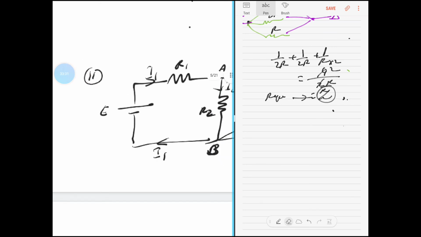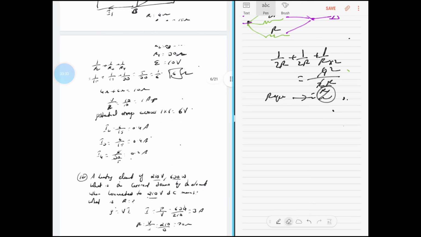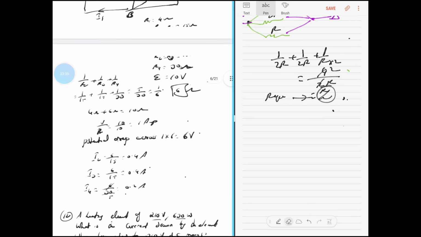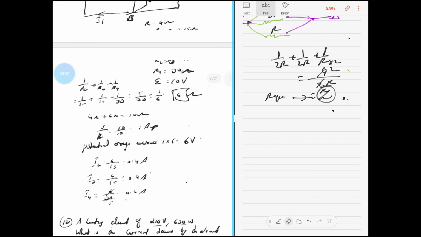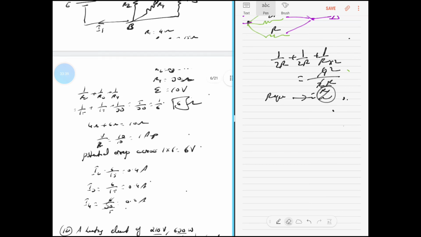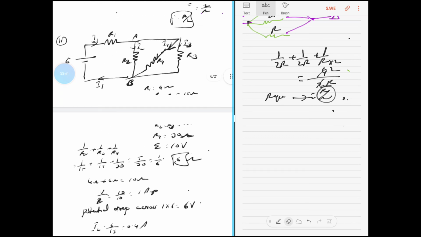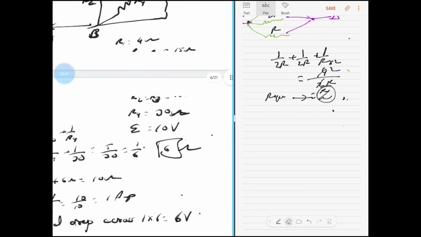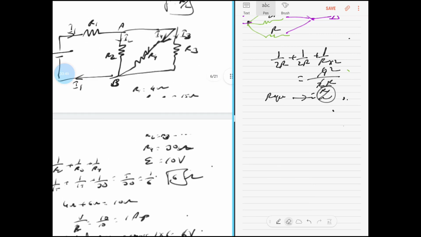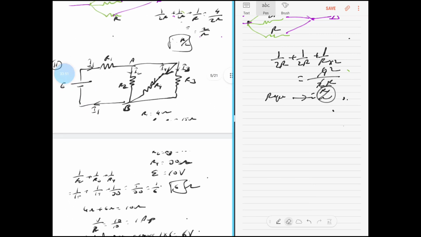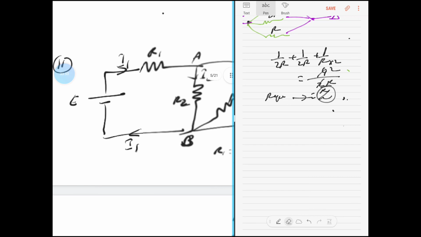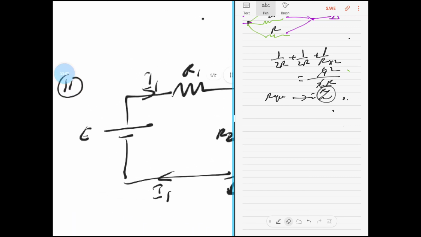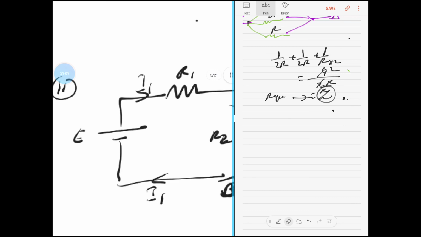And how did I get this to be 1 into 6? Current is 1, and 6 if it is 6. Okay, the equivalent resistance is 6 ohms. Can you see the equivalent resistance of the entire setup is 6 ohms? The entire current is 1, and therefore the potential drop at this part will be 6 volts. Oh, that was good.